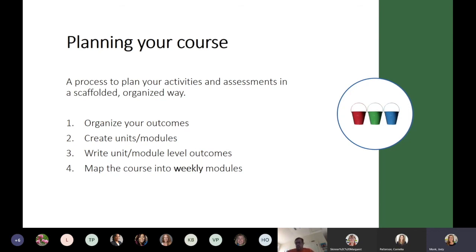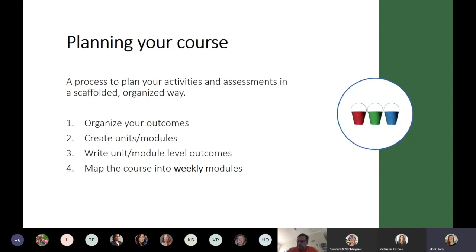So we're going to walk you through, like Meg said, breaking your outcomes into more module level outcomes, and then planning and mapping out your course today. And a lot of times when we do these sorts of sessions, we'll do the bigger assessment pieces first, but because of the layout of the sessions and our timing, we're starting here with this mapping. So if you're coming to Friday, we'll fill in those pieces afterwards, but this is just thinking about taking all of your outcomes and organizing them in a way that you can deliver a clear, organized course.